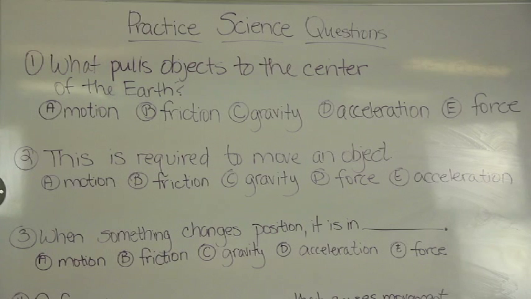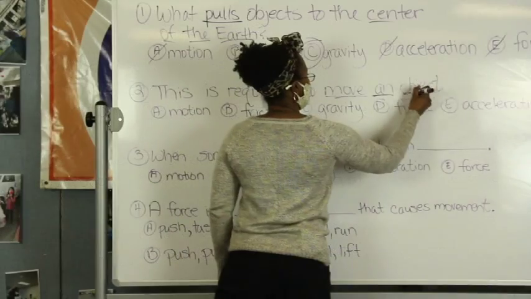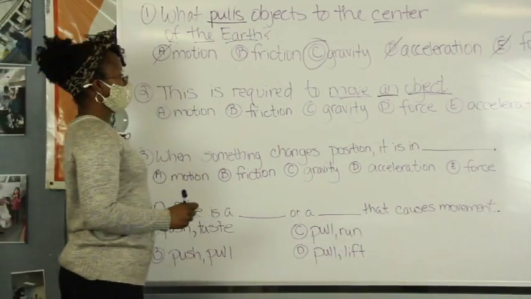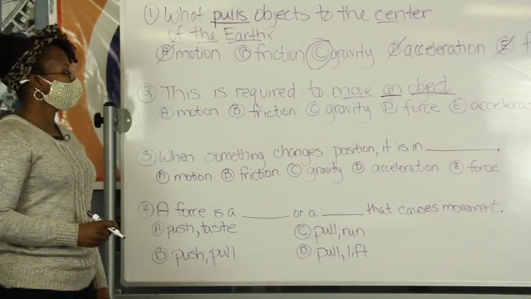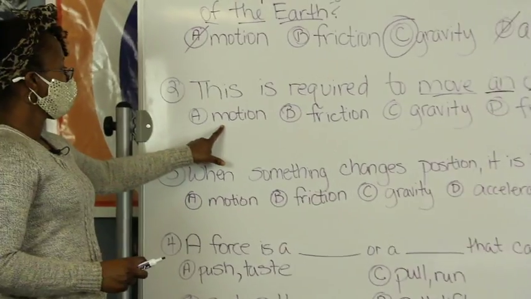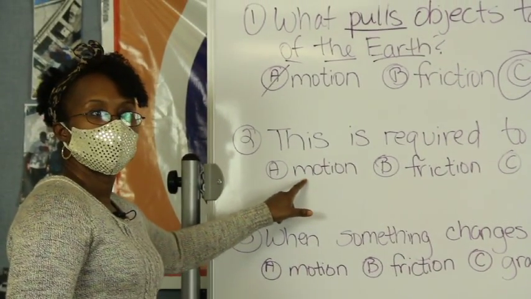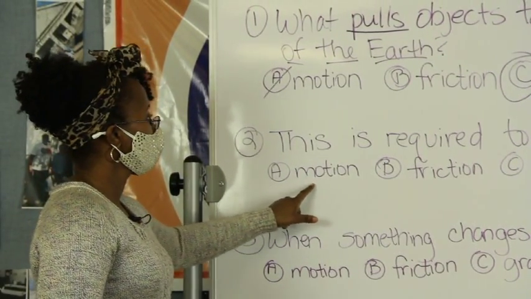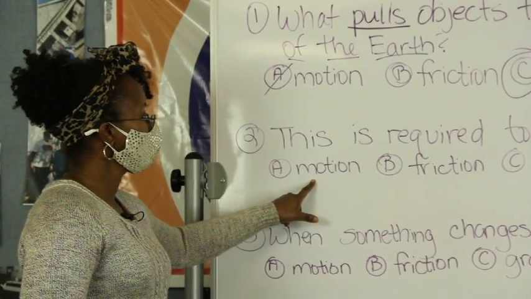Now let's go on to number 2. This is required to move an object. So to me, the key to this answer is moving an object, something that you have to move an object. So you think about what is motion. Motion is when you're changing position. So it relates to it,